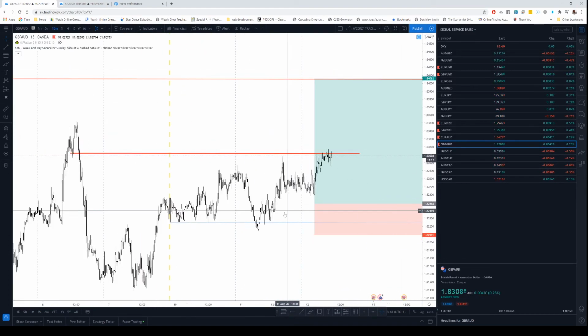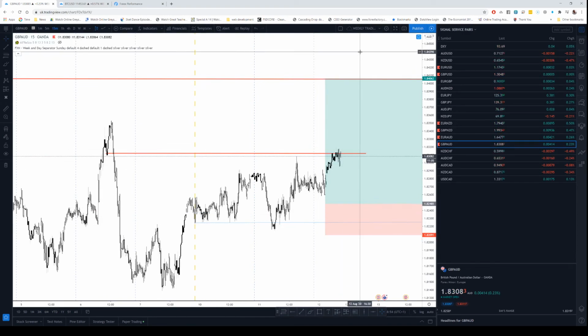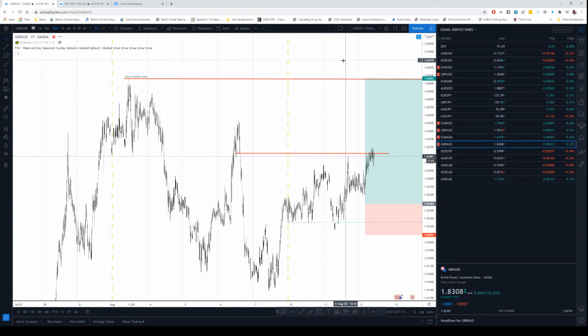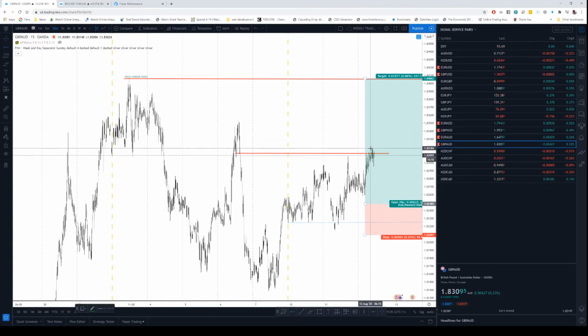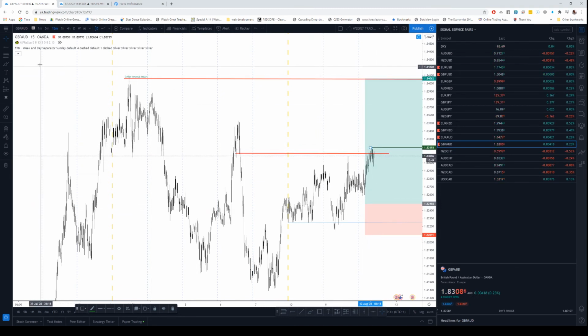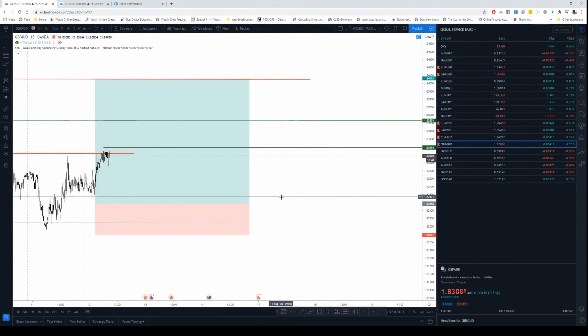Okay, so wait, do not chase it. Look for a move back down, then buy it for a move back up, targeting this high, and then you take something off. You would take something off here, which would be the high if we do form a high here, or if we do drop. Okay, take something off there, take something off here, and then final target will be up there. All right,